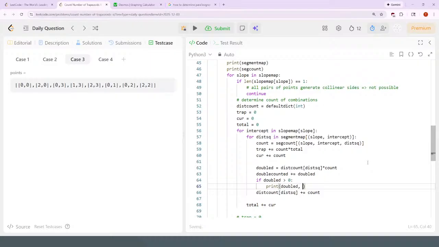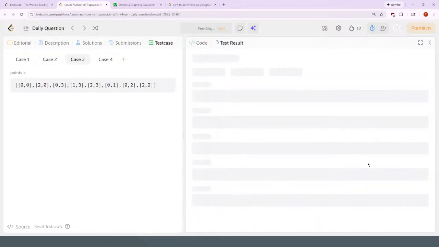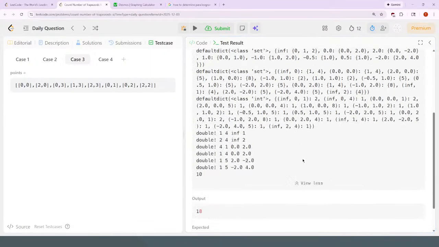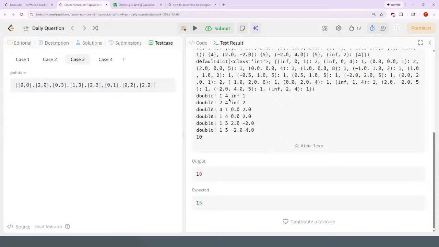Maybe print out the distance involved and the slope intercept. I'm going to be able to parse this. Okay, so